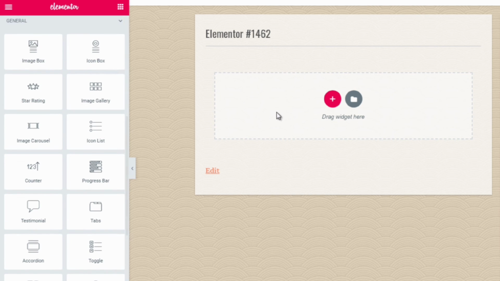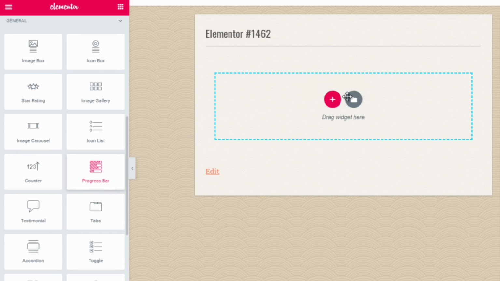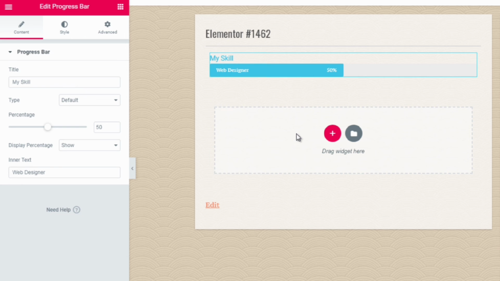So let's say, for example, that this were to be an opt-in page. If we click progress bar and drag it over here and drop it, there we go. That's it. It's super easy. And of course you have the settings over here that you can edit. And of course I can go back over here